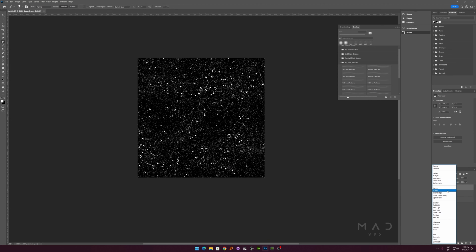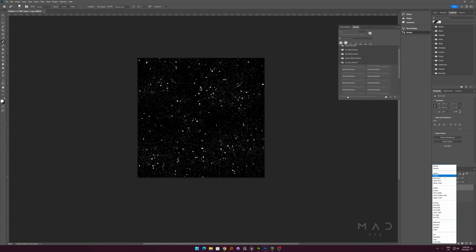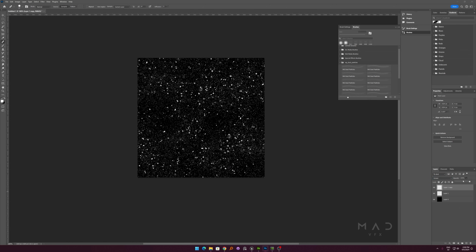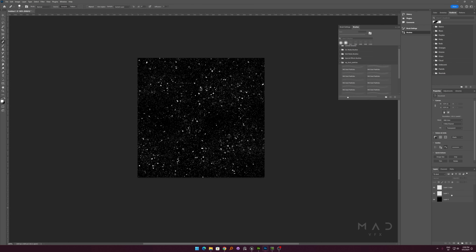Screen can also look quite nice for some parts. Multiply can give you nice contrast, but it's going to erase a lot of detail from the image, obviously. So depending on what you want right now, it might not really be what you need. So let's go with screen, and then adjust it a bit again,